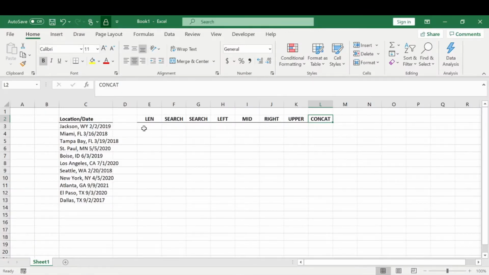Today we're going to be covering basic text functions within Excel, specifically LEN, SEARCH, LEFT, MID, RIGHT, UPPER, and CONCAT